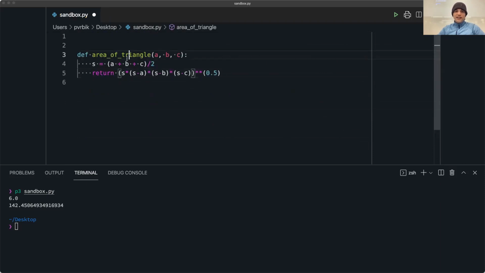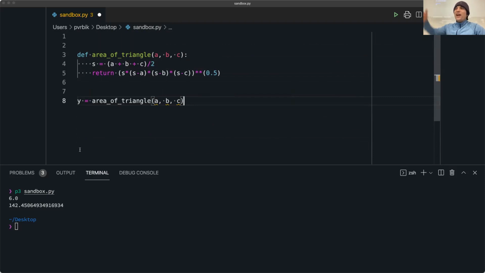That's much more convenient. I'd much rather see this in your code. If you read line 8, it signals to you what's happening, right? Line 8, into y, we are putting in the area of a triangle with these 3 sides. So the other use of these functions is for you to insert English into your software. So when you're reading through it, these things make sense.